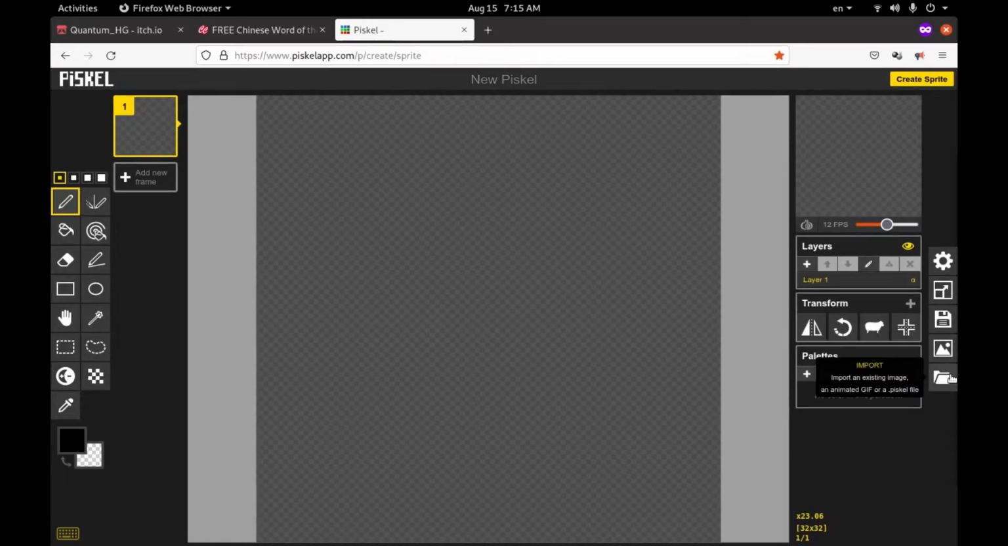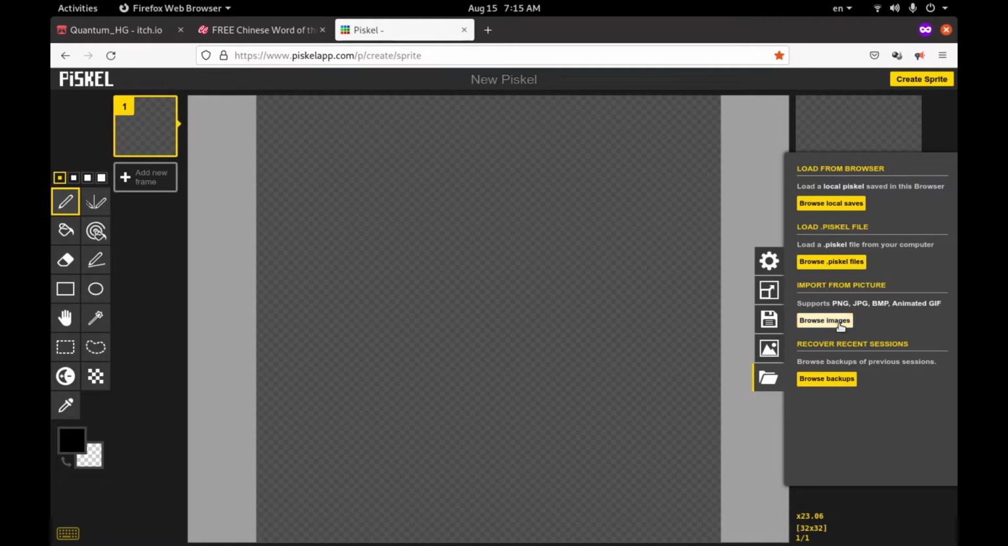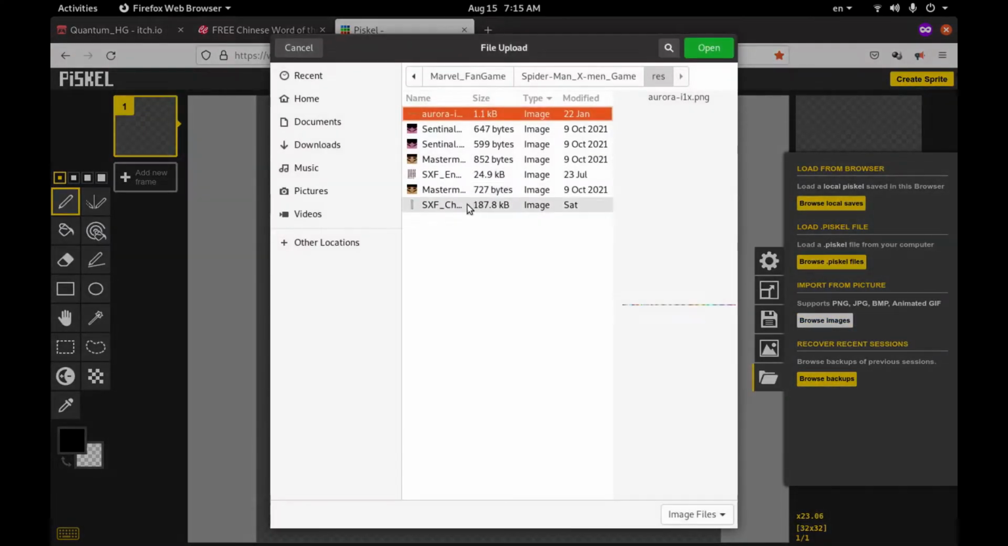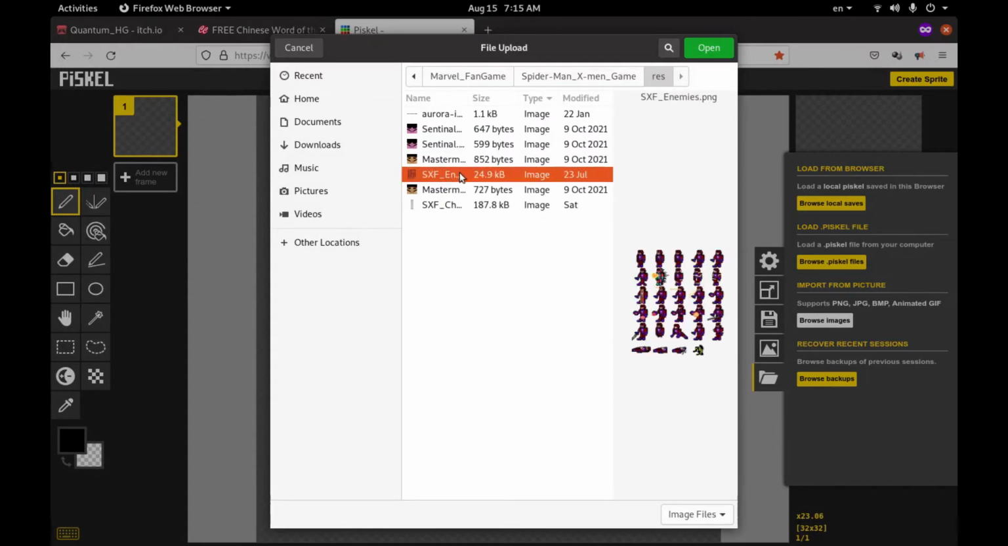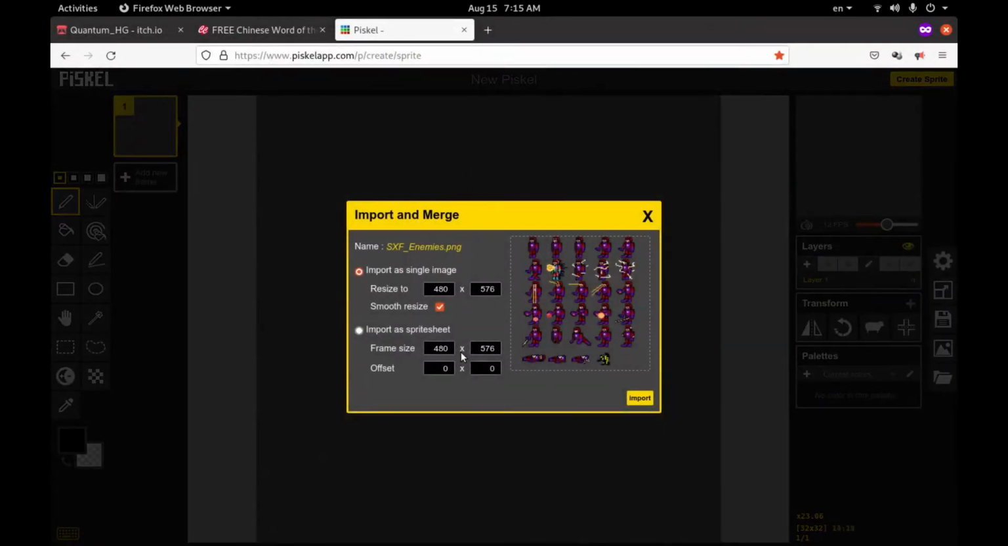Here we will import an image from our project. It's been a minute since I started drawing things for the project. I drew a couple of enemies here. I spent just a couple of minutes on it. And then this spriting tool, this pixelapp.com,